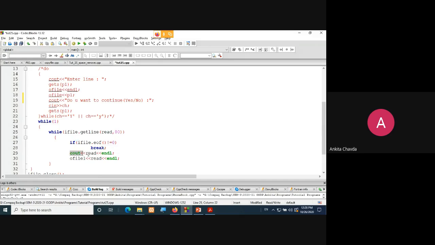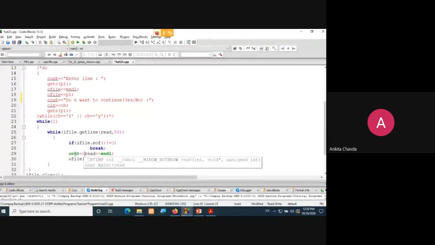Then cout. Whatever you have read in this line, I just want to show that on the monitor screen, that I have read this content. For that purpose only we are having the cout, and over here I'll write the same thing into the other file, whatsoever I've read in a whole line.